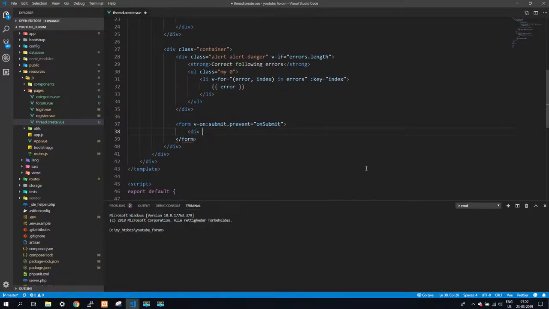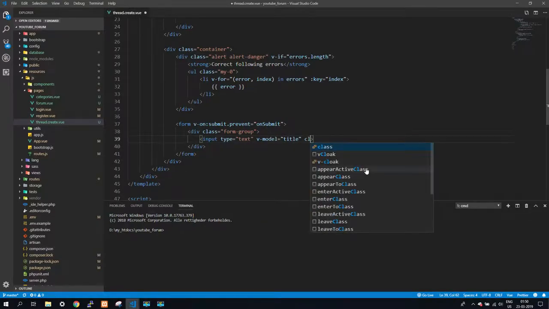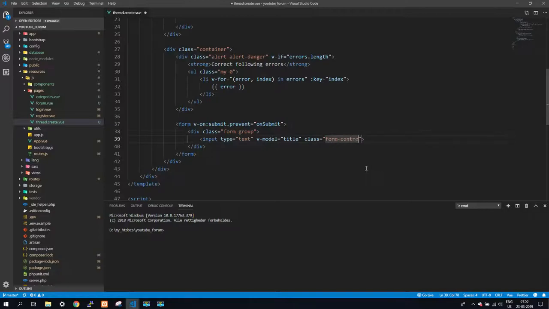Here we will say div class form-group, input type text, v-model title, class form-control, v-bind:class is-invalid errorTitle,